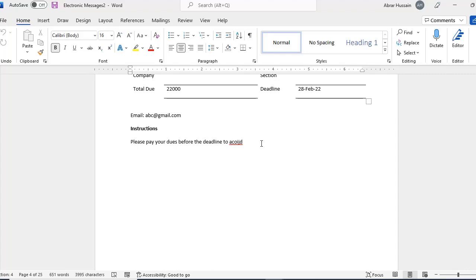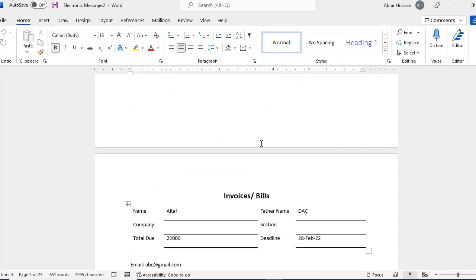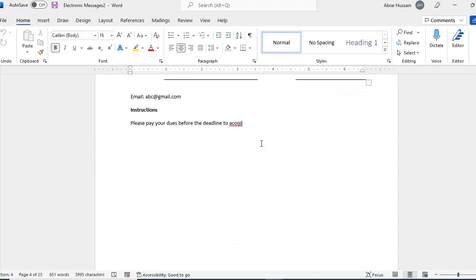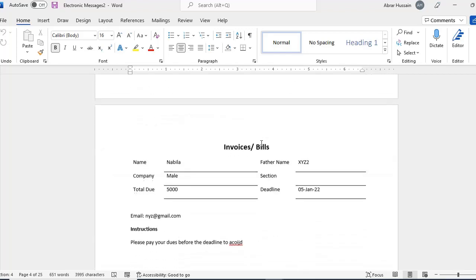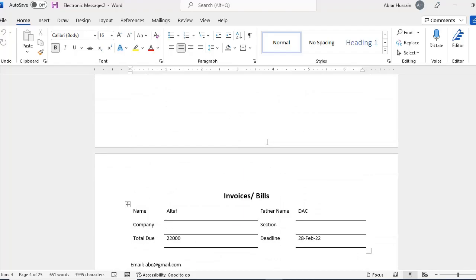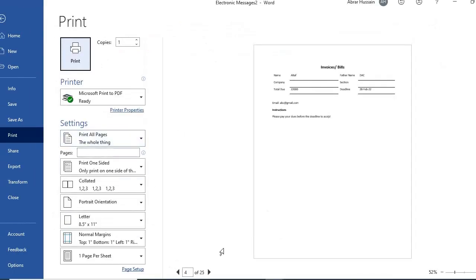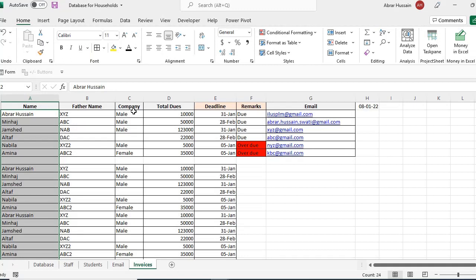Either you can print, or you can convert them to PDF also, or you can send them via email also. If you want to print it, so just you need to control P, print. And all these invoices would be printed, and the method is completely the same. You can do this for everything the same way. Now, for example,